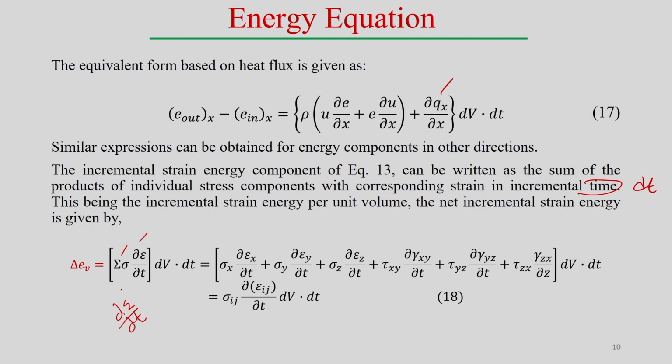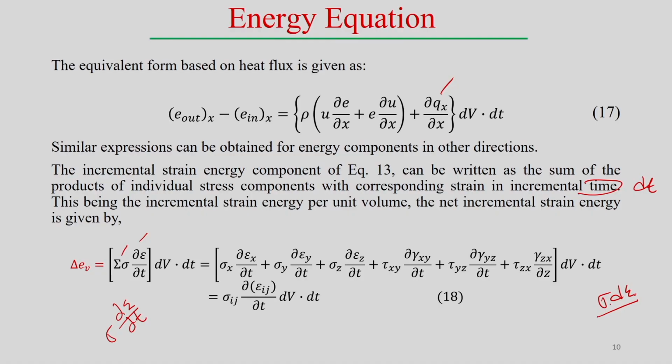So, it basically represents the strain rate and the stress, because we know the stress into d epsilon. We have already shown this: if you know the stress field and the incremental strain, then sigma into incremental strain indicates the strain energy per unit volume, and that is in incremental form because we are considering d epsilon. So, from there we get the strain energy per unit volume, and when you divide by del T, it is basically the strain energy rate. Then we multiply by dV, the elemental volume, and dt, and that indicates the total strain energy.